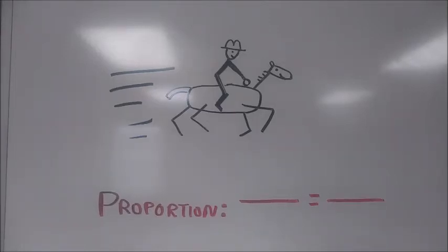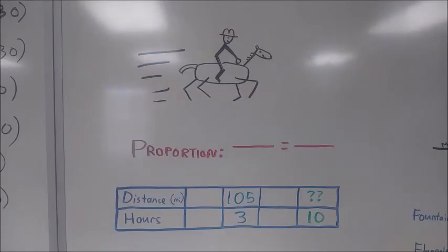Imagine that you're a cowboy riding across the plains. With your horse, you're able to cover a certain number of miles when you're riding for a certain number of hours. You know that if you ride your horse for 3 hours, you'll be able to reach town, which is 105